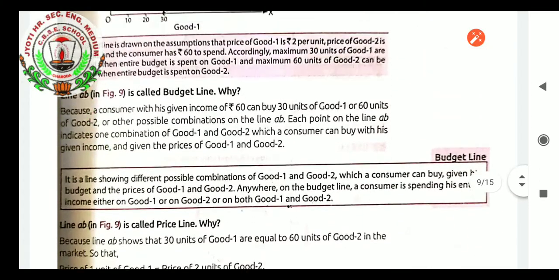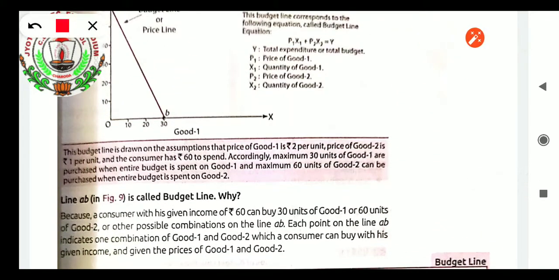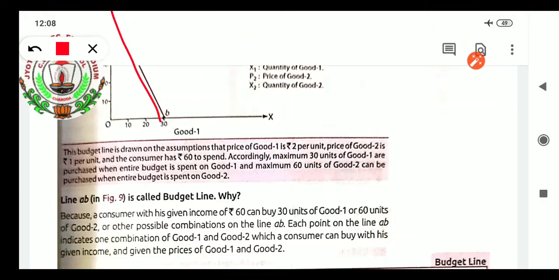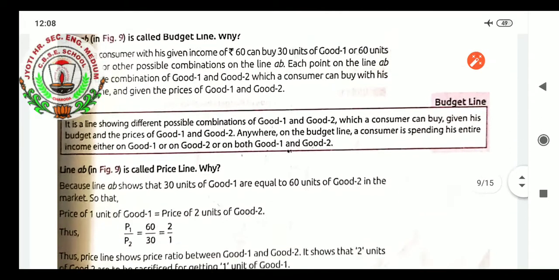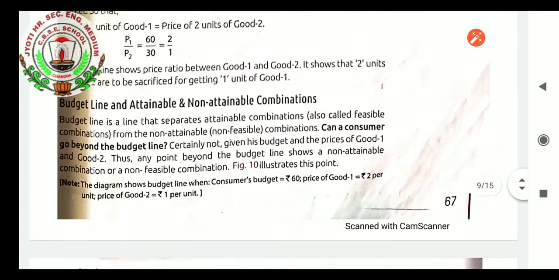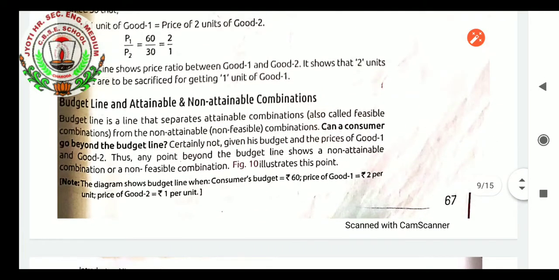This line is breaking between two. You can see there, the line is there. This line is breaking between two, attainable and non-attainable. दोनों के बीच का एक line है budget line. That only has been explained through that line. So, budget line is a line that separates attainable combinations, also called feasible combinations, from the non-attainable, non-feasible